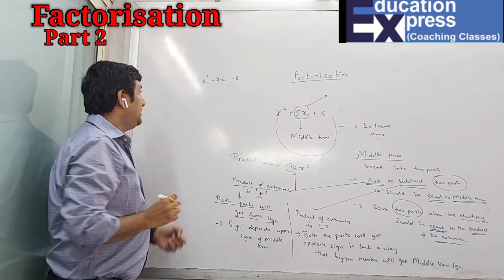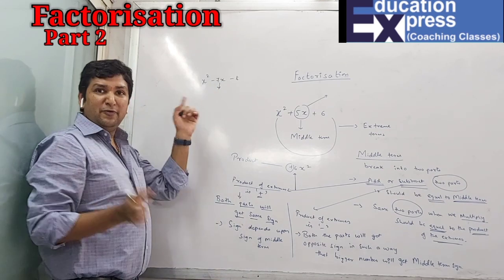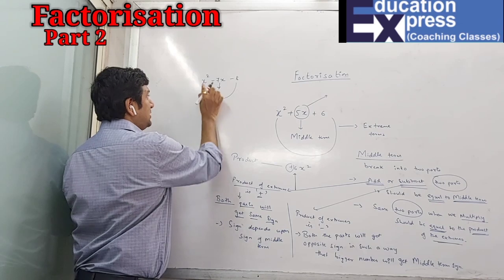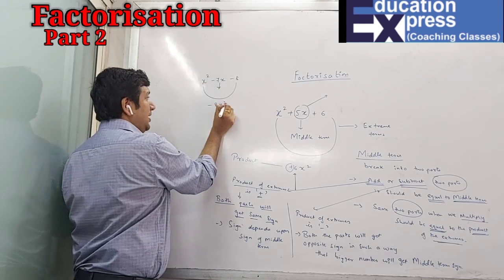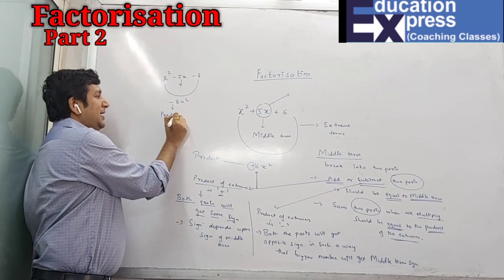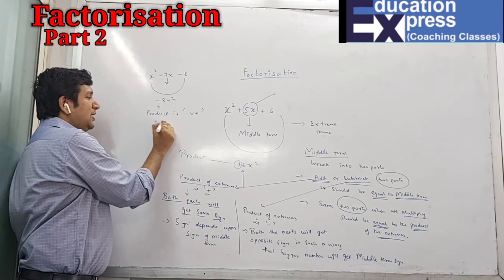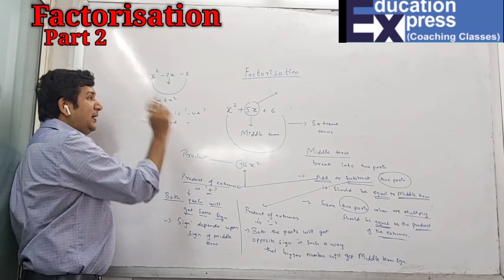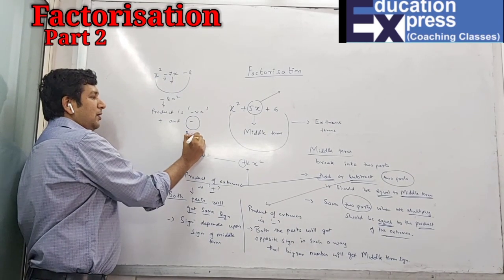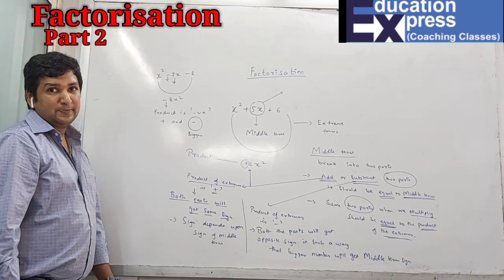So here you can see that when I multiply, this is my middle term because this has the variable with the least power, and the others will be my extremes, which I'll multiply, and I'll get minus 8x squared. That means here the product is negative. If it's negative, it means I have to use what? Plus and minus, and the bigger number will get the middle term sign. That means the bigger number will get your negative sign. So this is how it works.